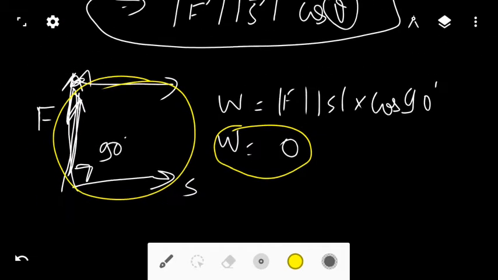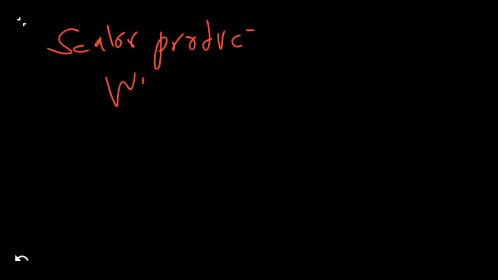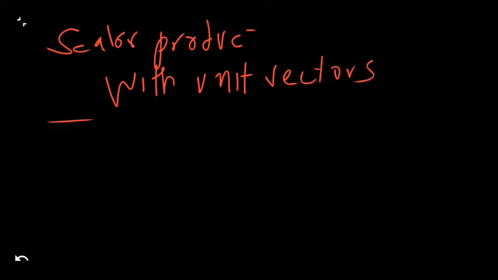So this was the basic of scalar product. And the second way in which a scalar product is used is by using unit vectors. Scalar product with unit vectors. So let's say, for example,